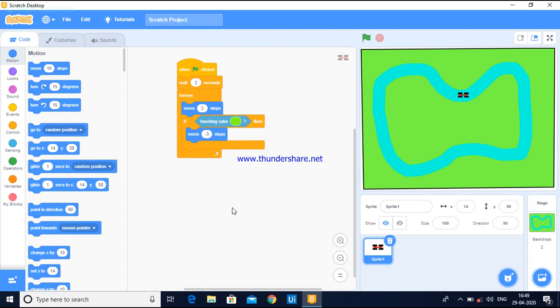so if it goes into the green area, we have to bring it back into this path. So for that we need to use turn blocks. So I'm going to use turn 15 degrees clockwise and anti-clockwise. So when it should happen, means when